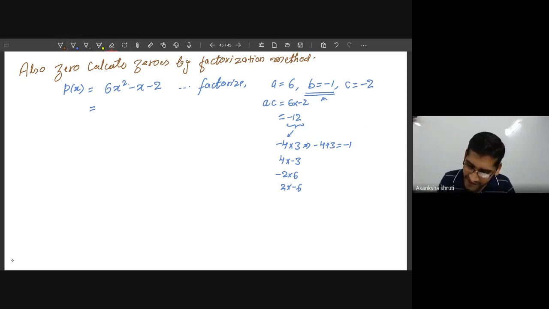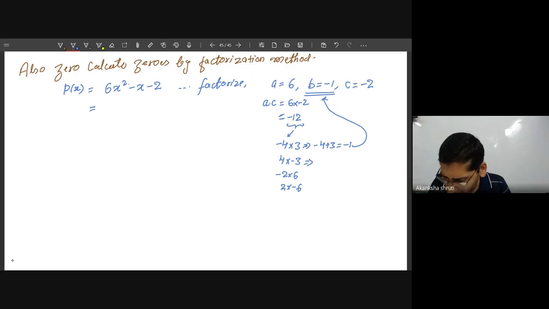So in the very first attempt, we have obtained this. If I take the other factors, they will not give us the result. If we take 4 plus minus 3, that means 4 minus 3, which is 1 in this case. It is wrong. If I take minus 2 plus 6, it is plus 4, which means this is wrong. So our choice should be minus 4 plus 3.